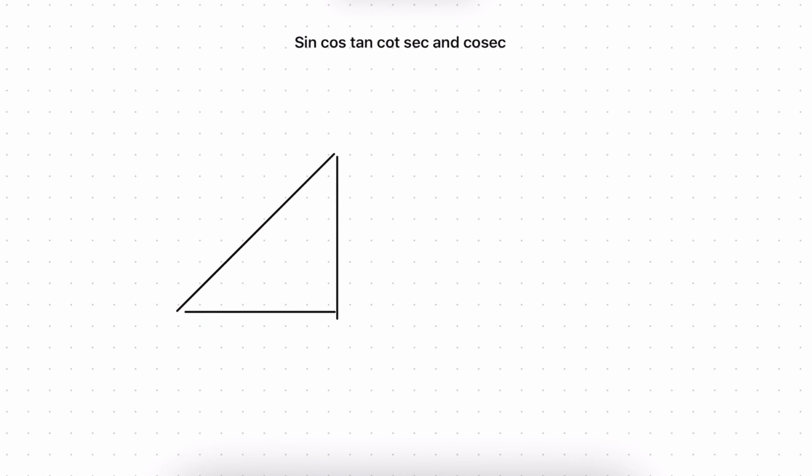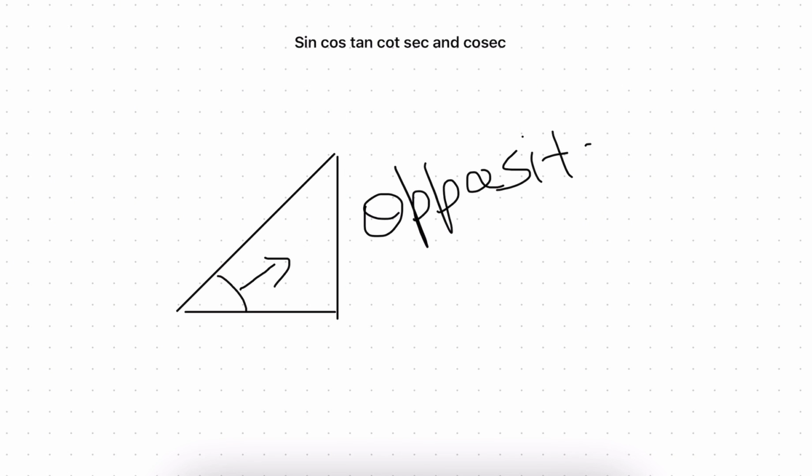Hello friends, so today we're going to find the values of sine, cos, tan, cot, secant and cosecant. In order to find these values, first of all we'll have to know about this triangle. So here will be the angle theta, and in front of this angle theta, this side will be our opposite side. The side on the opposite side of theta, and the side with which this theta is connected will be our adjacent side,